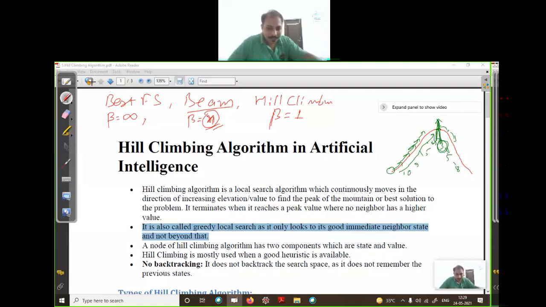A node of the hill climbing algorithm has two components, which are state and value. As you know, hill climbing is mostly used when a good heuristic is available. If there is a bad heuristic in your problem, you will not be able to find a good solution, or even any solution of that problem.